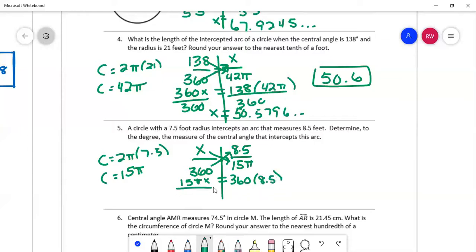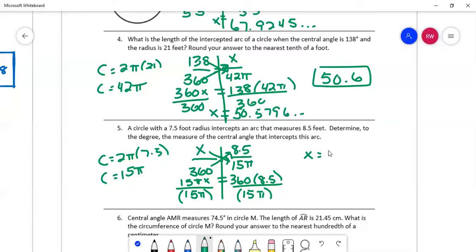I want to get x all by itself. I'm going to divide both sides by 15 pi. I've run out of room, so I'm going to have to go up here. X is equal to 360 times 8.5 divided by parentheses 15 pi, close parentheses,